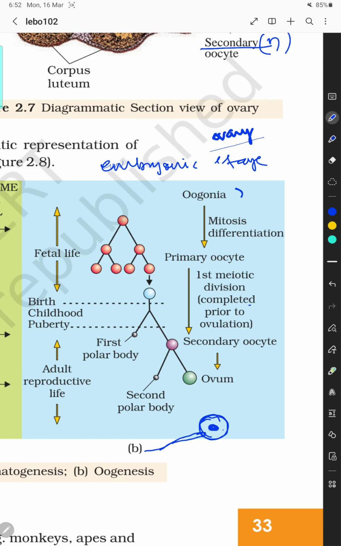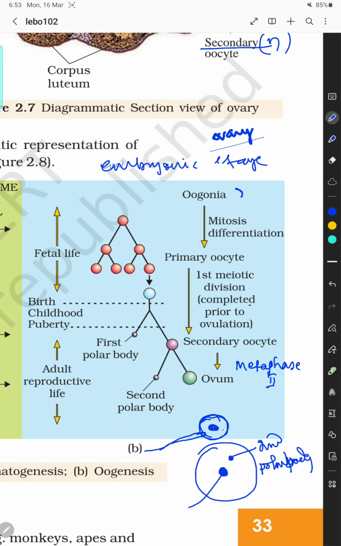इसमें जो आपका मेटाफेज 2 में अरेस्ट हो गया था, अब मेटाफेज 2 इज़ कम्प्लीटेड। मेटाफेज 2 कंप्लीट होने के बाद क्या होता है? सेकेंडरी oocyte का जो न्यूक्लियस था, that nucleus now divides unequally into 2 सेल्स। ठीक है, तो जो छोटा होता है वो क्या होता है? सेकेंड पोलर बॉडी, और जो बड़ा वाला होता है that is the ovum। ठीक है, so during fertilization only the secondary oocyte completes